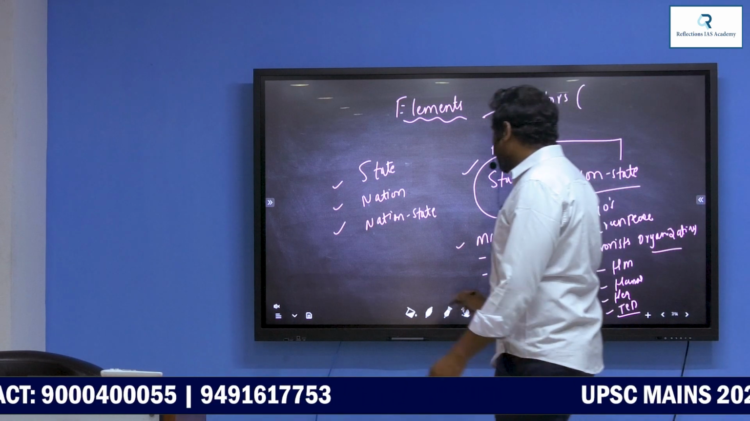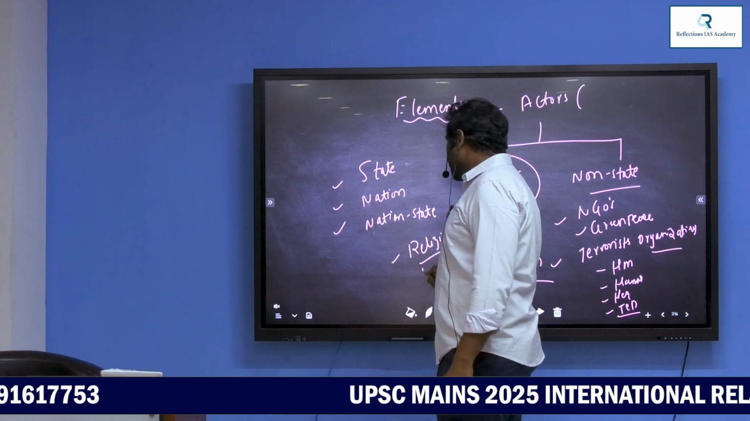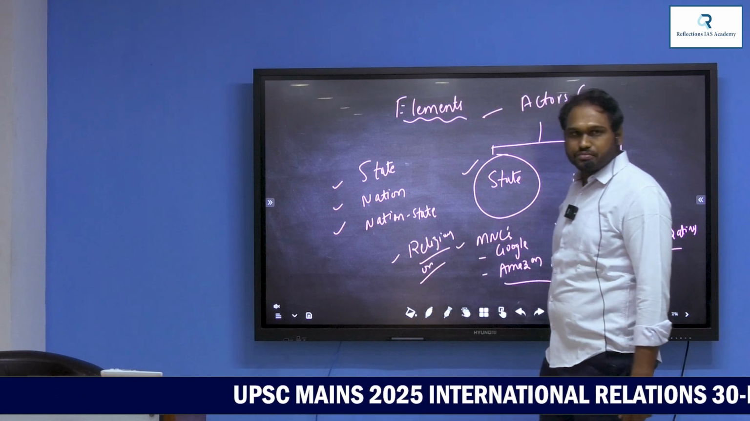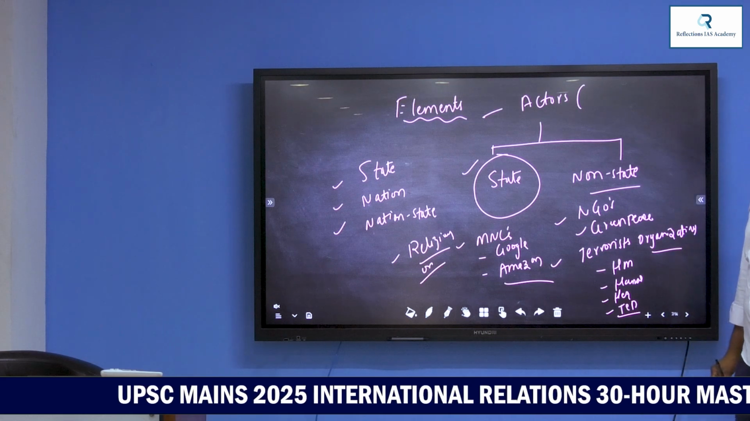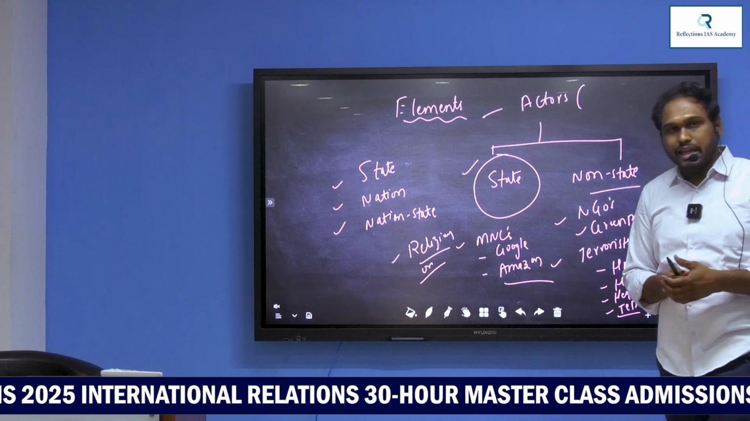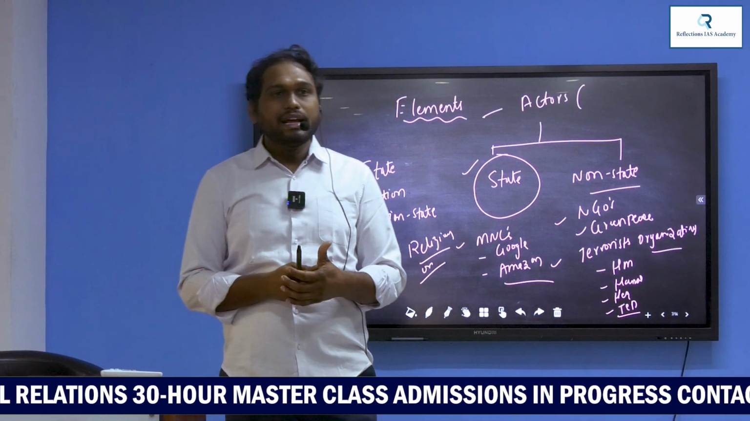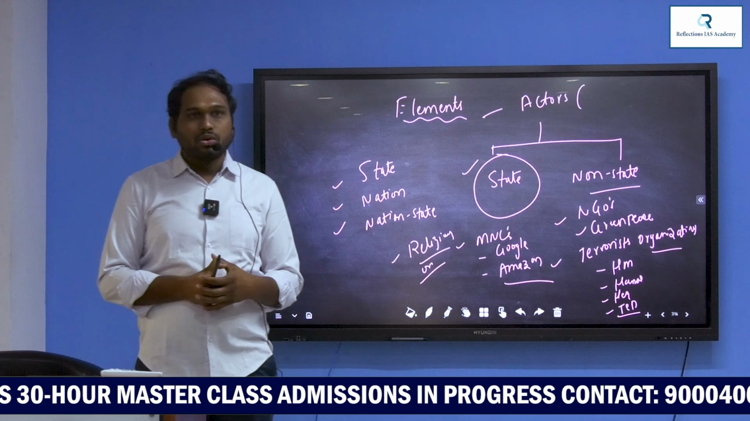Besides that, you can take the examples of a lot of religious organizations which are playing an important role. Religious organizations promoting their religion, they are non-state actors. Any such entity which is independently existing with the state, they are considered as non-state actors. So,